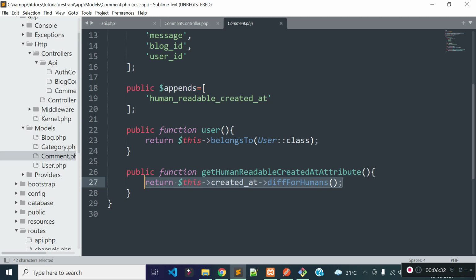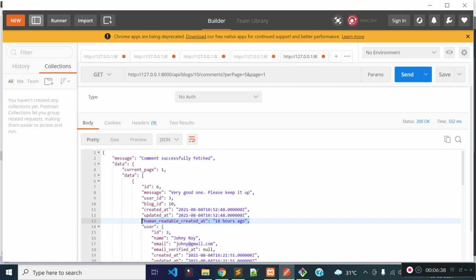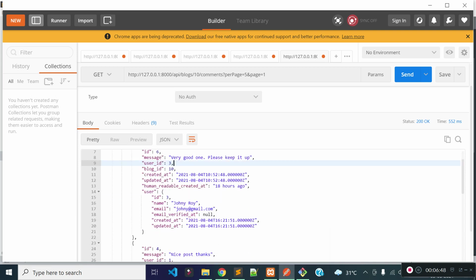We need to add the human readable created at attribute to the appends array, otherwise this will not be returned inside this JSON key. So our get comments API is working. In the next lecture I am going to create the comment update API, so stay connected.